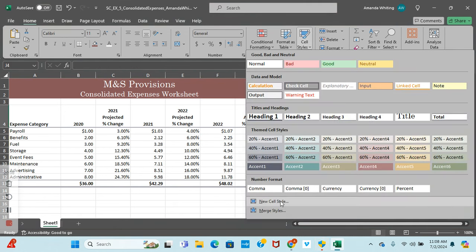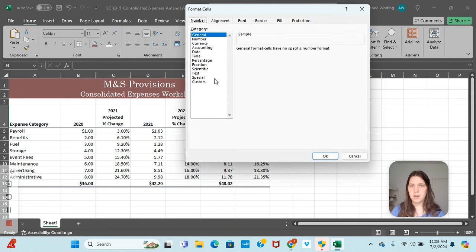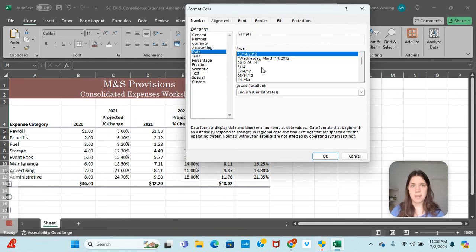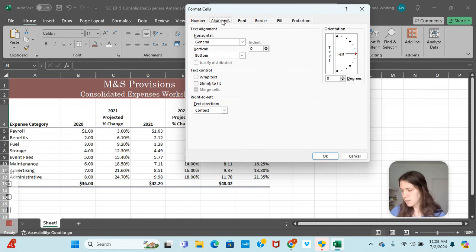We're going to make a new cell style. So click new cell style, and our cell style should be called 4-digit year, and deselect borders, go to format, go to date, and it should be that bottom one again. So 14-Mar-2012, then go to alignment, and under horizontal, we're going to want it centered, and then go to font,